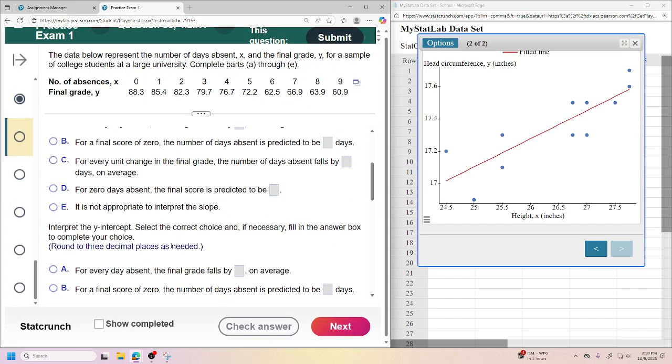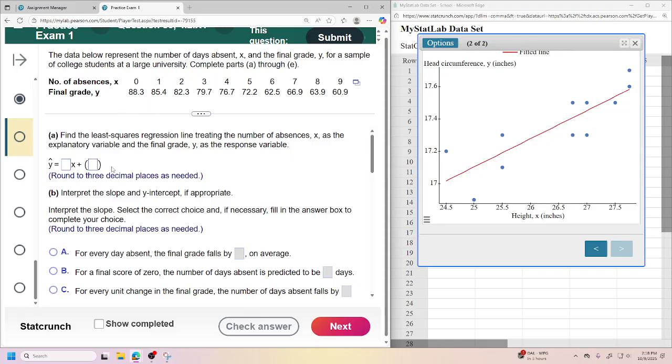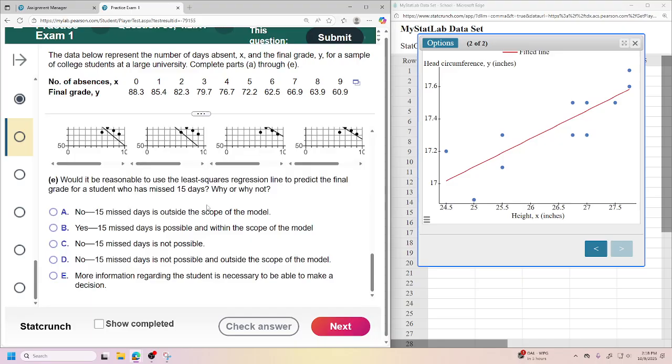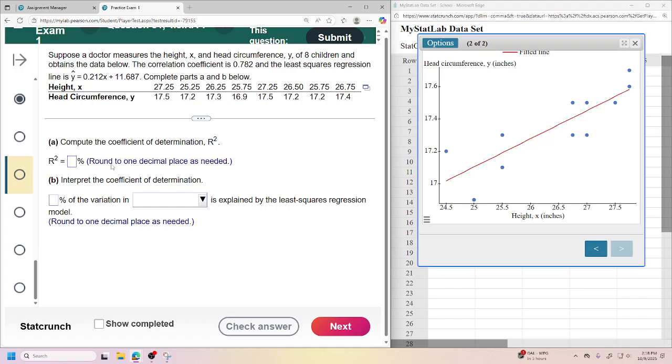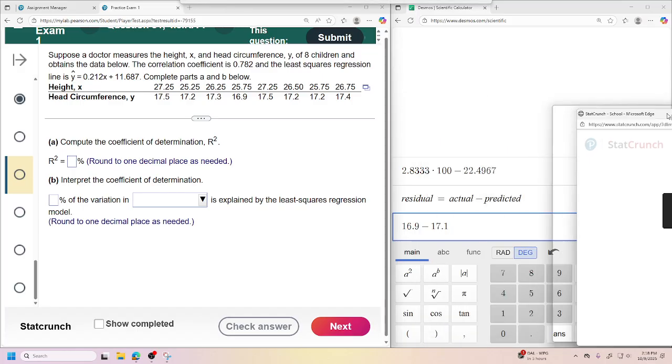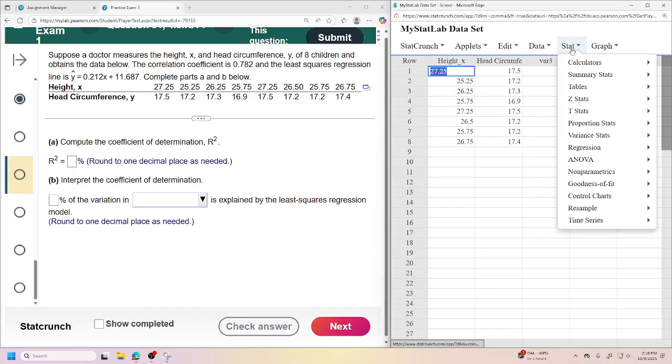Keep cruising. So that's the same kind of question. Again, StatCrunch, get that stuff, plug it in, compare, do the residuals. Literally copy paste, same thing. This one's different. R squared. So it's the same StatCrunch that we're going to be doing. Stat, regression, simple linear.